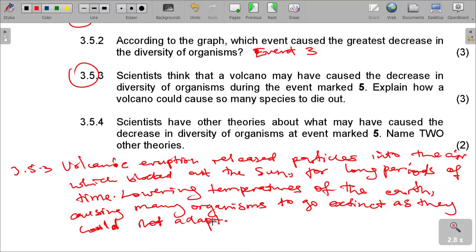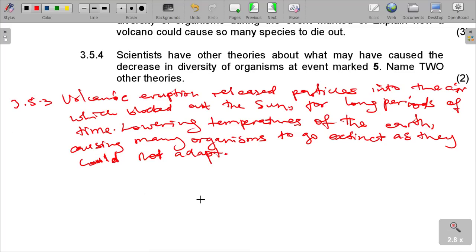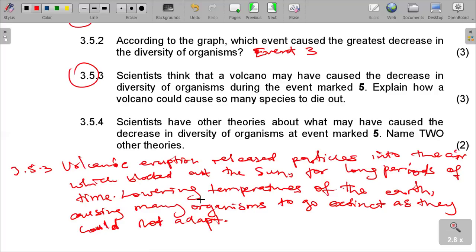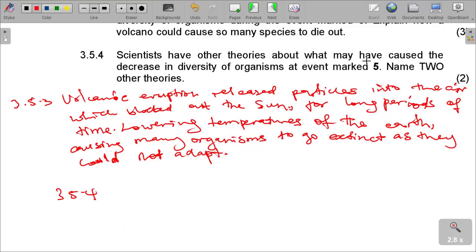And then question 3.5.4. Question 3.5.4 is saying scientists have other theories about what might have caused the decrease in diversity of organisms at event marked 5. Name other theories. Number 3.5.4, other theories. We are saying other theories which may have caused decrease